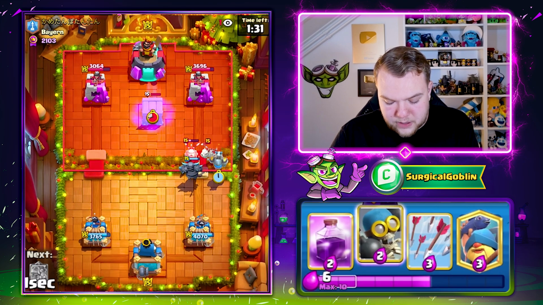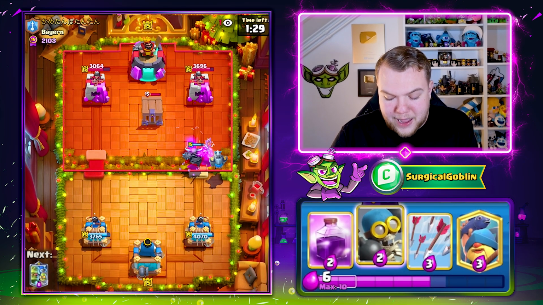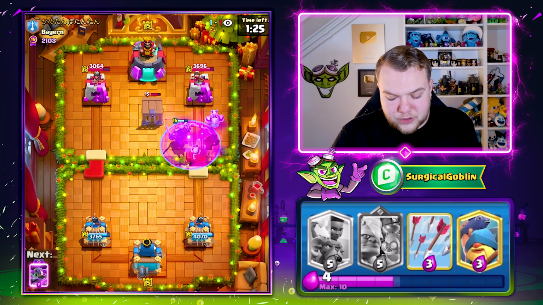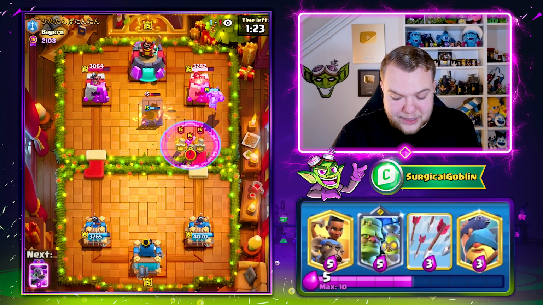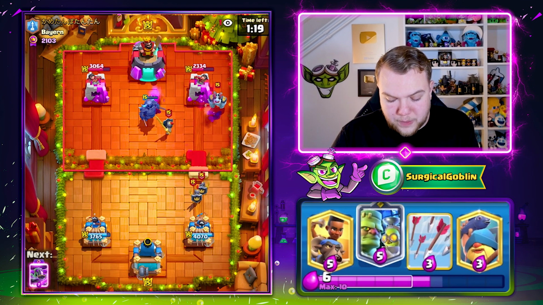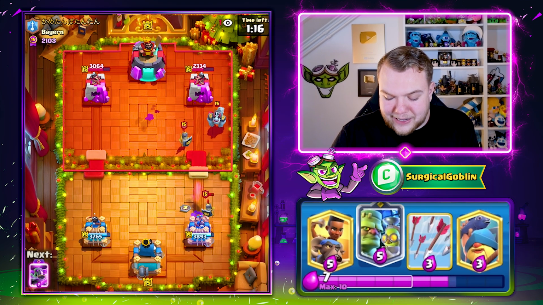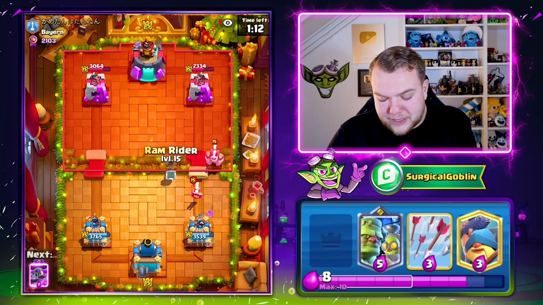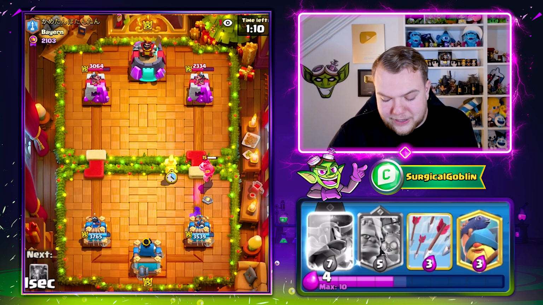Okay, let's go with a Mega Man here up high as well. He does have, as I said before, the Evil Goblin Cage, so let's go with a Bomber here, and I think I'm gonna rage up everything, trying to take care of the Evil Goblin Cage and potentially get damage with the Bomber or the Mega Man. Nice, we are able to get the Bomber to lock onto the Goblin Cage, so the P.E.K.K.A, even though it's not gonna get anything done on the tower, at least is able to take care of, in this case, the Goblin Cage. And I think with a Ram Rider here at the bridge, we can take care of